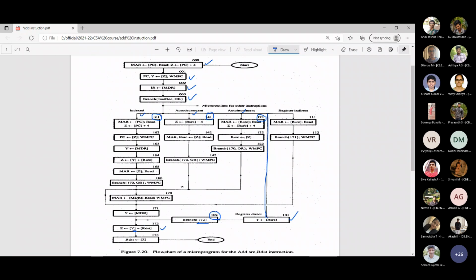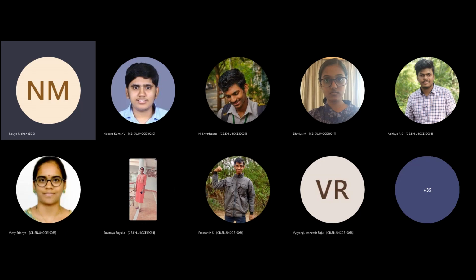Can you guys keep the PDF open? If you have a laptop and two screens, it would be better, because I can show you the PPT and you can refer to the PDF also. Is it okay? Can I switch to the PPT? Please download this PDF and keep it for reference. I'm switching. If anybody is having any problem, please do let me know.